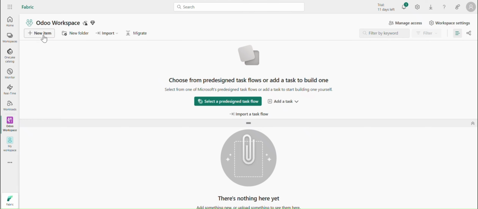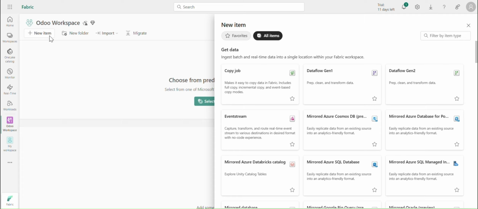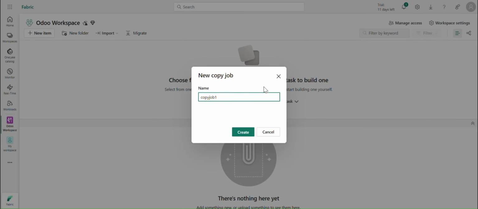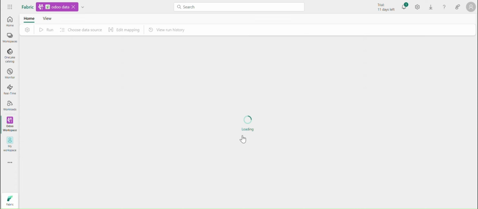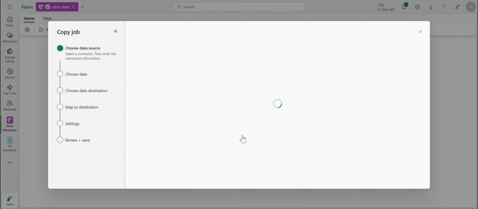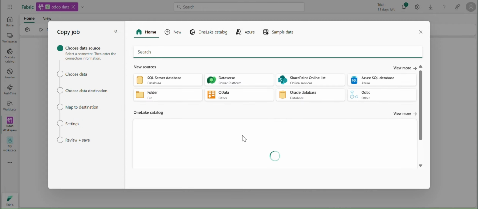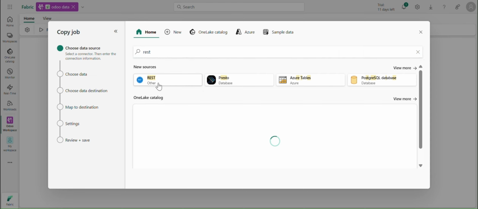So on our Fabric interface, we'll start by creating a copy job and giving it an appropriate name. In our case, we'll set it to Odoo data. After creating the copy job, we'll select the data source as REST,